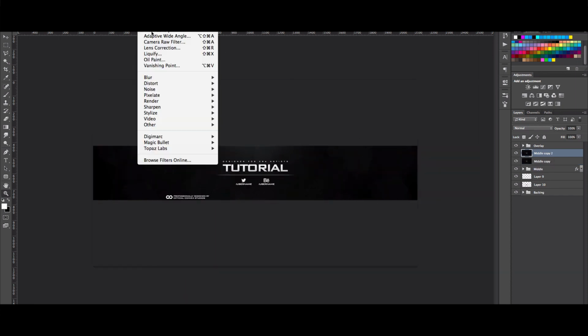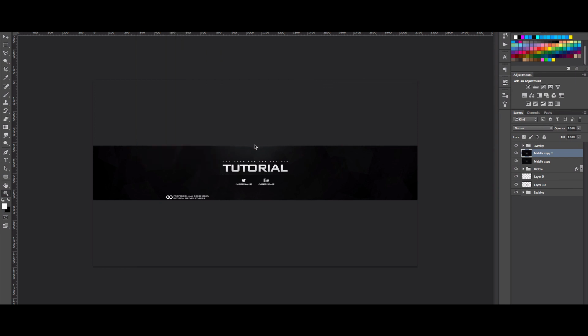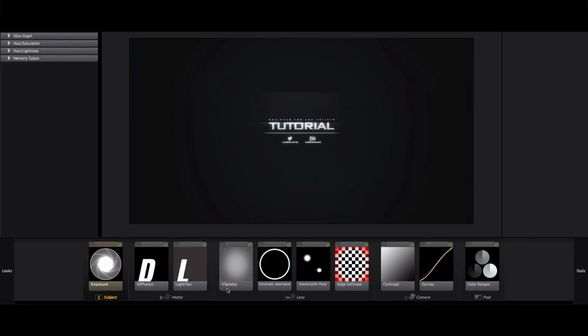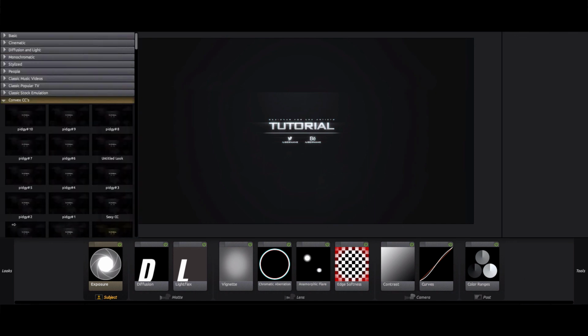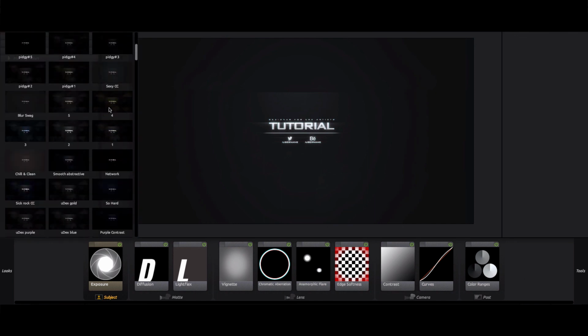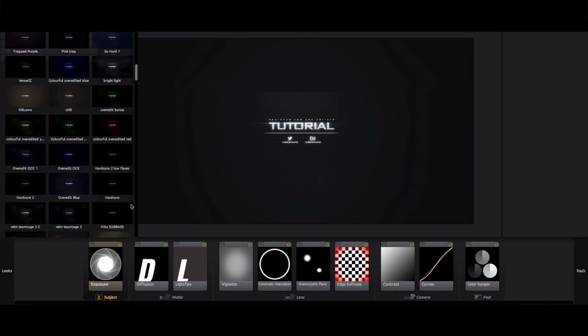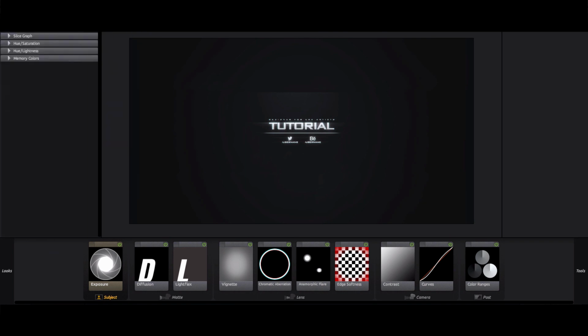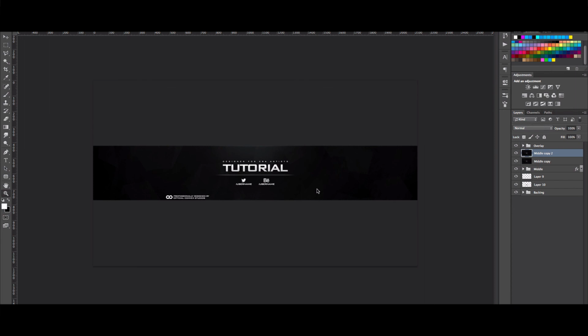So I usually like to add Magic Bullet Looks to my banners, just to give it a nicer feel, and it adds really nice effects to my banners. I really recommend getting it. You can find a bunch of looks. I have a whole bunch right here. One of my friends gave them to me. But that's usually if I want a grungier type banner. If not, then I would just